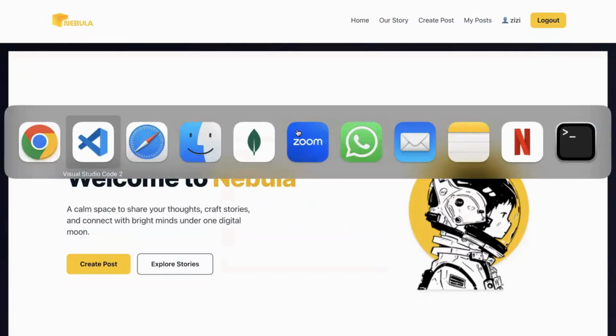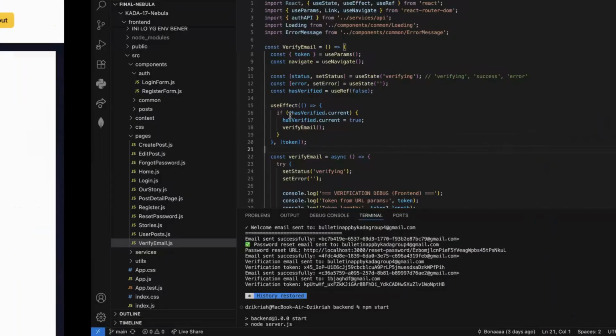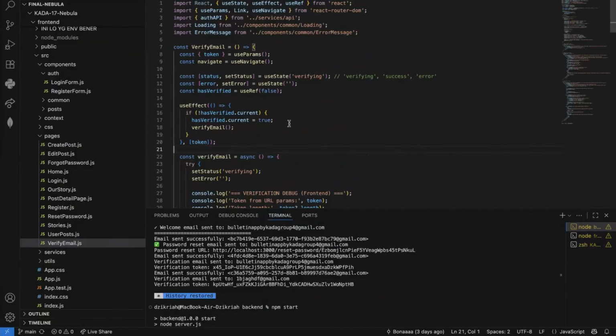After we verify our email, we will be directed to the home page. Let's see the code behind the verify email page. So the verify email component is responsible for verifying a user's email when they click the verification link sent to